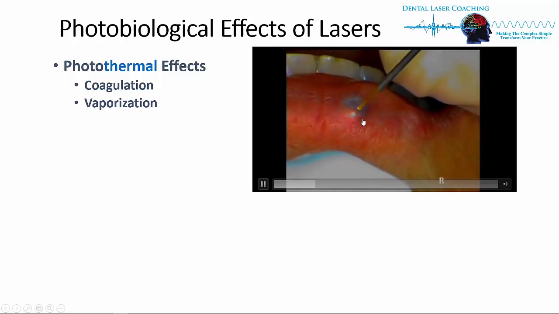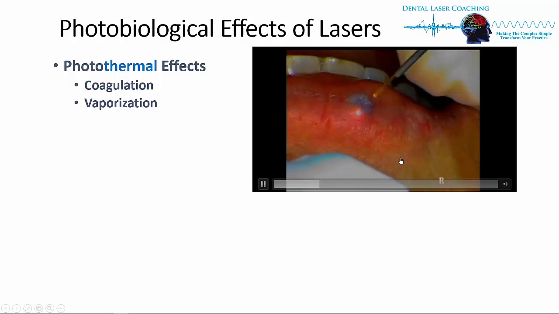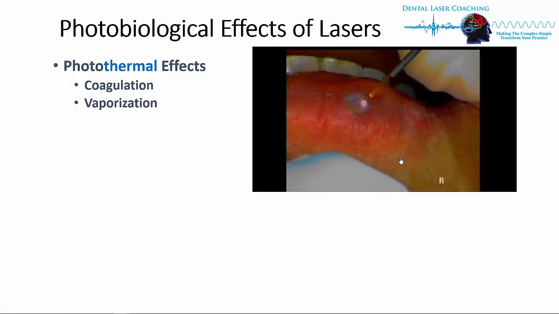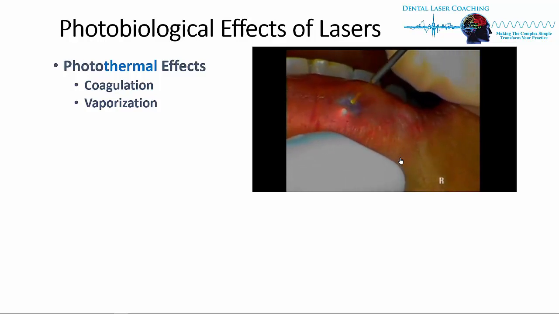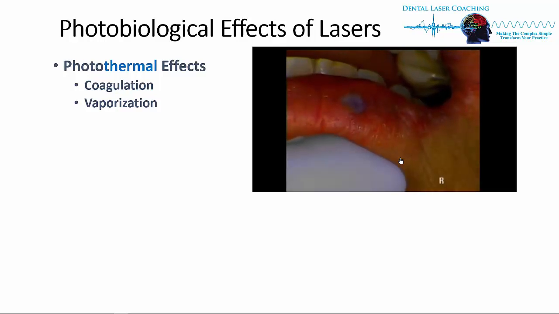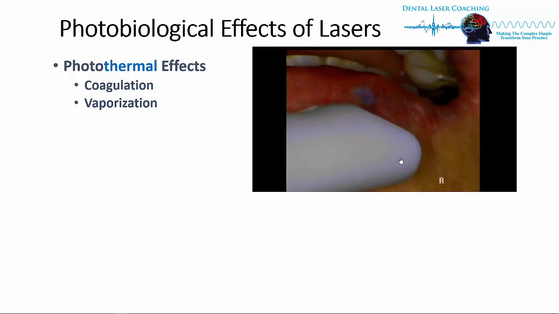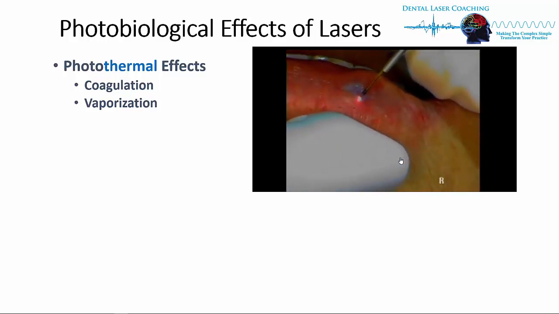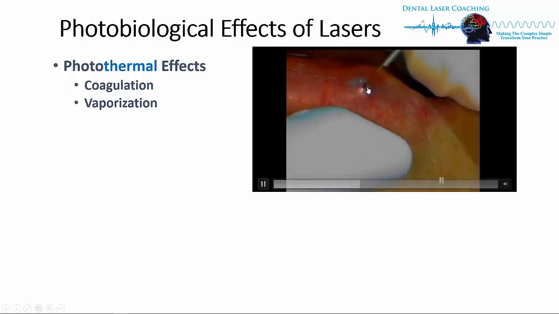Notice how it's going from a concave to a convex, and he has not even touched the laser. This is at 0.7 watts, very low power, and again, all he's trying to do is get the blood very viscous and thick so that when he goes in and pops this lesion, you don't see the patient's heartbeat. It's going to almost be sealed, if you will, and he's going to get those feeder vessels and it's going to coagulate. You can see here, we talked about this in the last video, he photo initiated the tip,